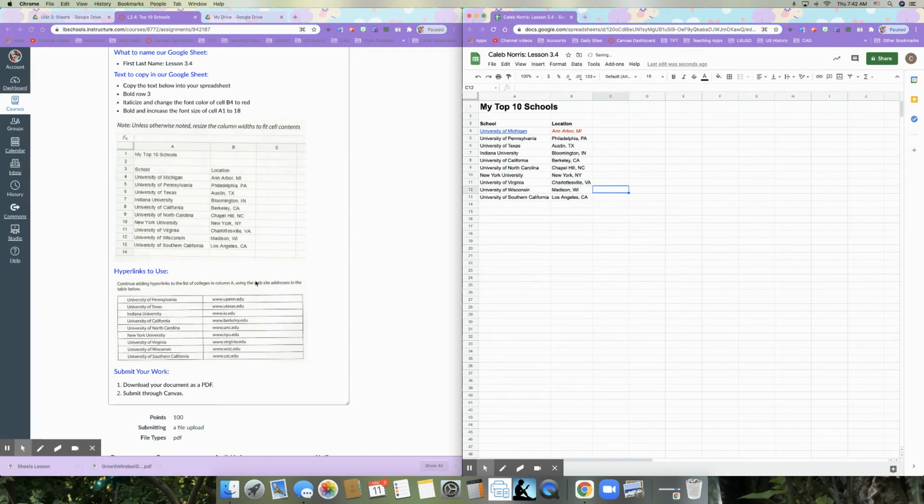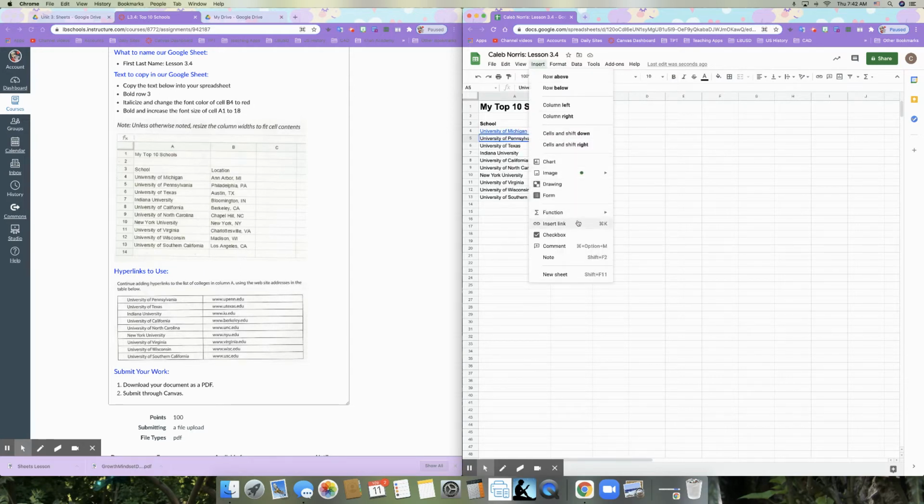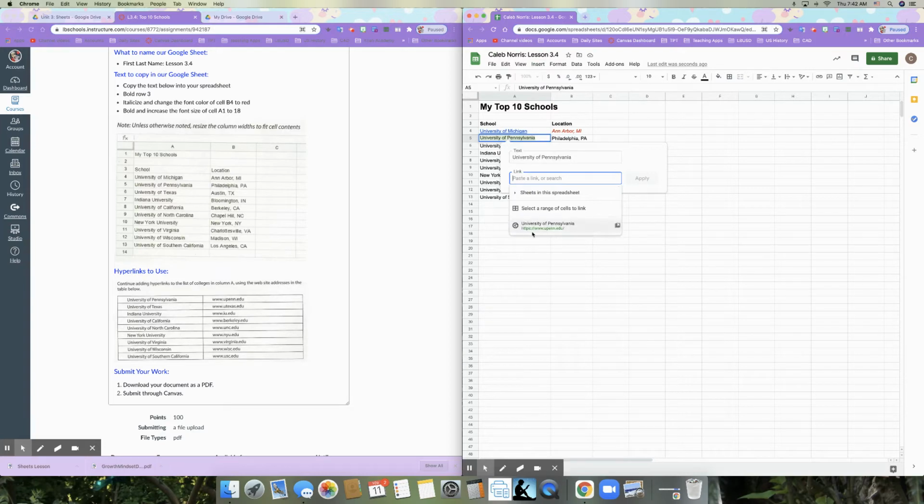Now I'm going to do the same thing to the University of Pennsylvania. I'm going to click on it. And this time I'm going to use a shortcut, which for me on a Mac computer is Command K. Yours may be Control K, or again, you can just go to Insert Link. Now it's going to give me a suggestion. UPenn and UPenn are the same, so I'm going to click it